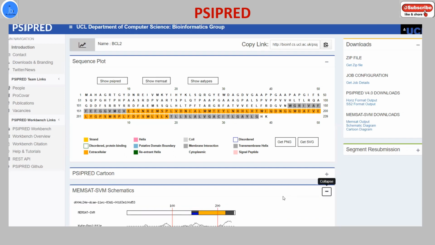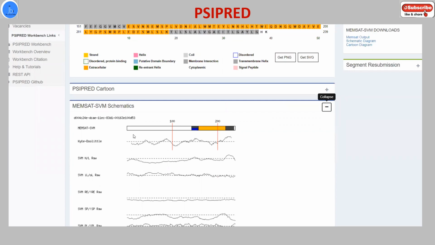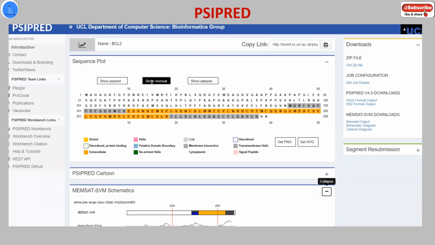And here you will get the detailed ideas, like if you click here, show MEMSAT. When we hadn't selected it in the default setting, the MEMSAT calculations and prediction, we were not getting this result. But now they are showing you the MEMSAT. If you select it and then predict, then they are going to give you the ideas about the helix which could be present in the membrane. So you can get this idea about membrane interactions, what kind of extracellular amino acid could be present or not,